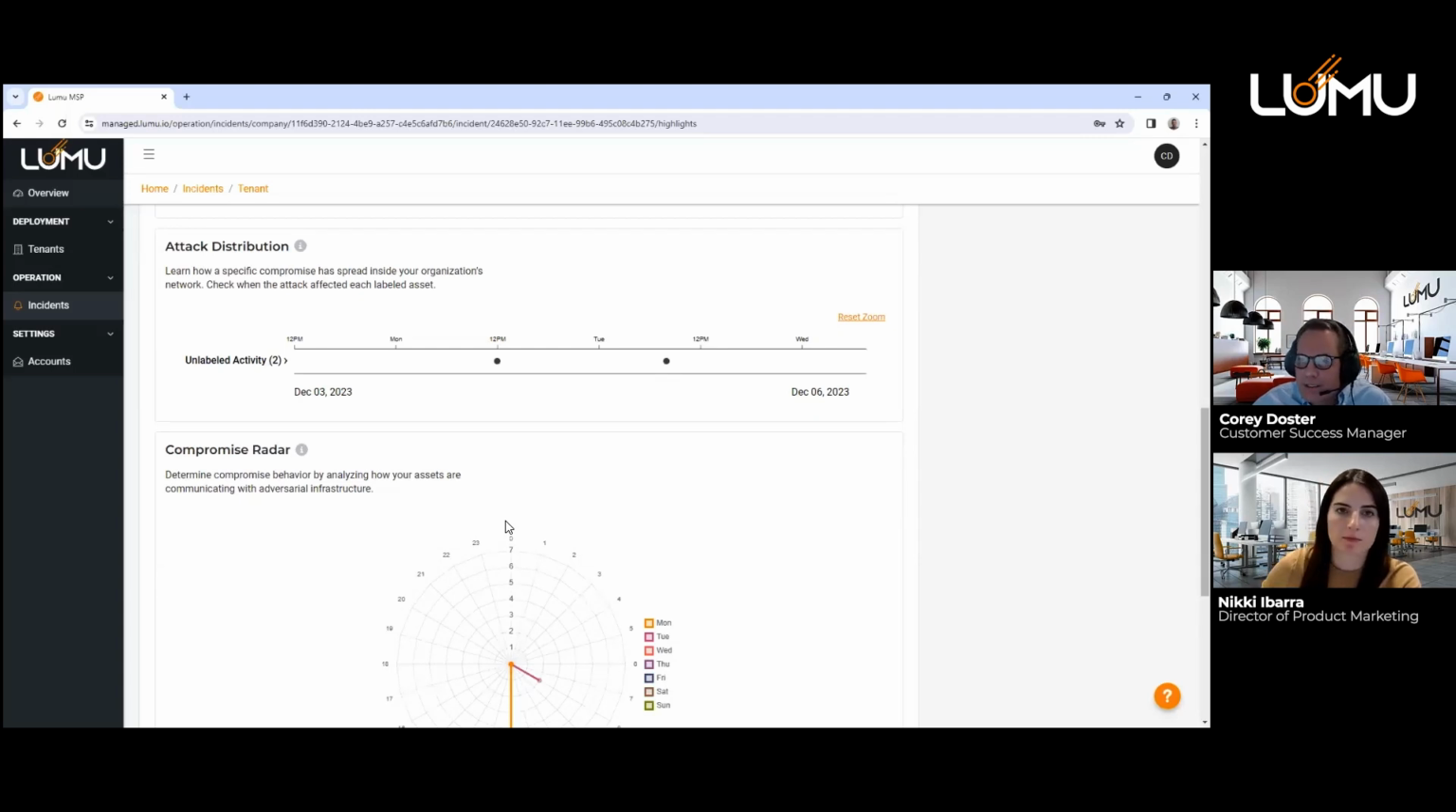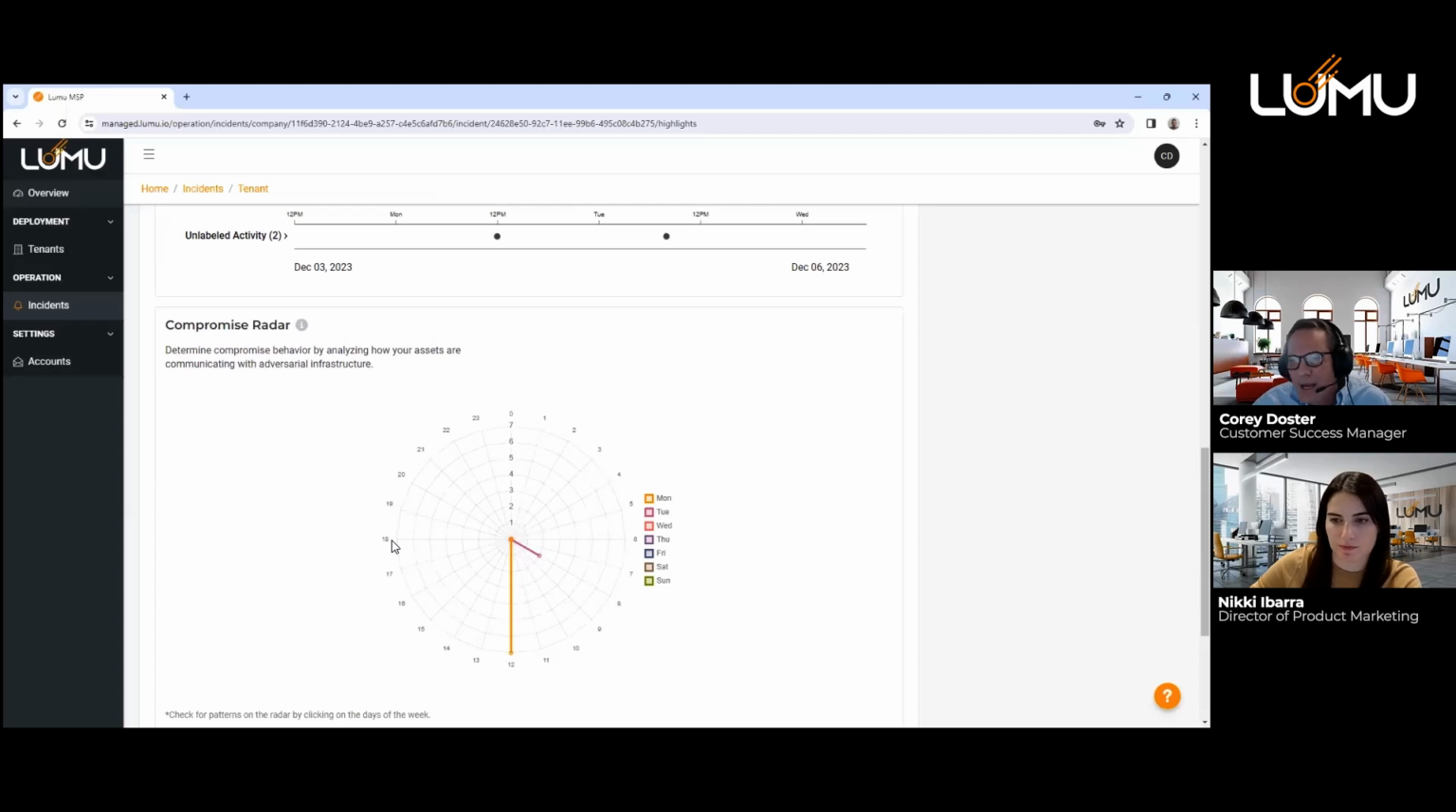We also show you sort of an attack distribution. How is this IOC spreading inside your organization, date and time? The compromise radar here, it's not really fancy or pretty in this case since I generated the incident. But normally what you would expect to see in a phishing campaign attack, you'll see different attempts to reach out and touch me